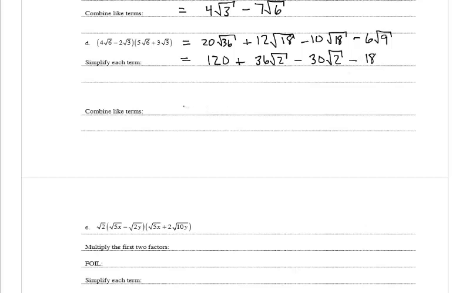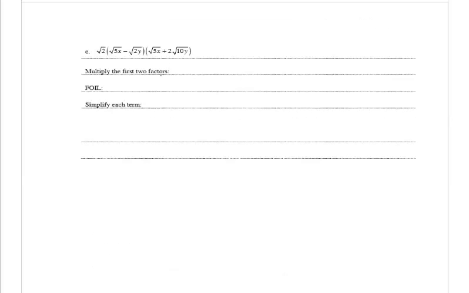And now we want to combine like terms. So we have 120 minus 18 gives us 102. And then we have 36 square root of 2 minus 30 square root of 2 leaves us with 6 square root of 2. In E, we have the square root of 2 times the square root of 5x minus the